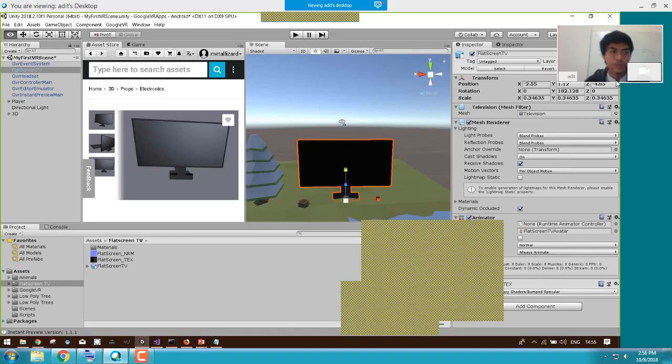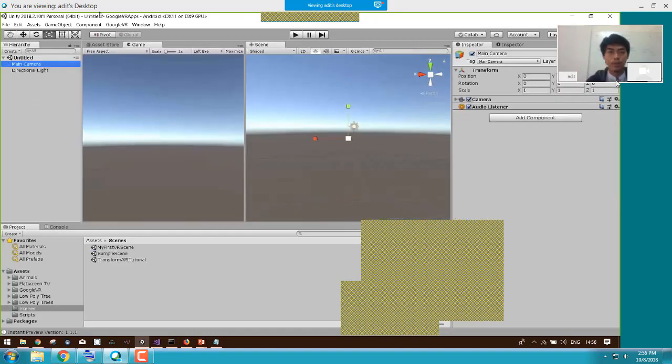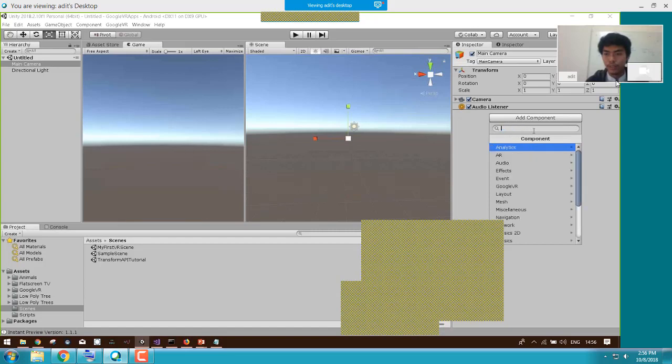start from scratch. Let's create a new scene for now, and then let's learn about the video player in Unity. So once again, almost all of the Unity functionality that you may stumble upon when you develop VR or games is called components. If you click on Add Component, as you can see, Unity is providing some components for us to